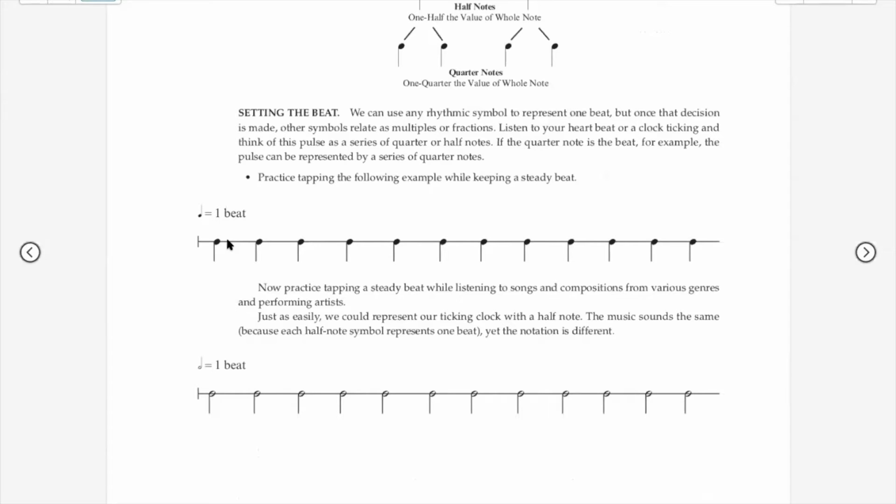So these guys, that's what we hear there. You could keep the place with your finger. I could use a cursor, but then what would I tap with? So sorry about that. This is another way of representing exactly the same thing. Now half notes represent one beat, so it's the same thing. We have just used a different symbol for it. The proportions remain the same.